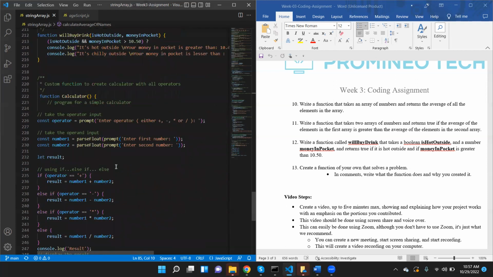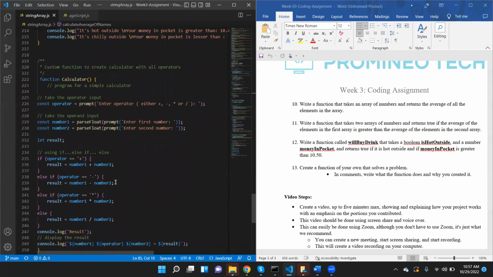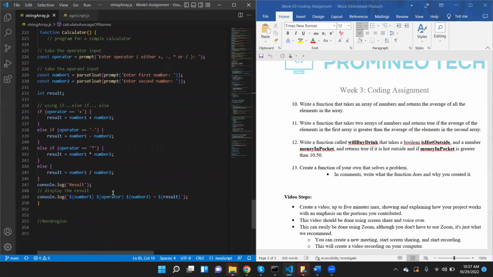And then the next one is just to create, I have created a calculator with a prompt, and the user can enter any operator and then values, and it will perform the operation accordingly,